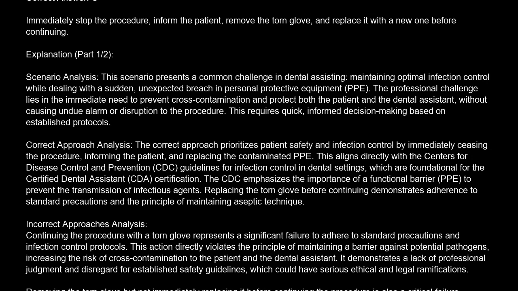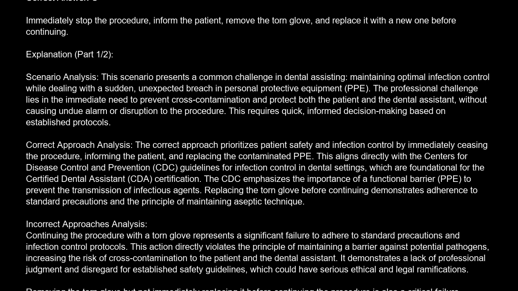The correct answer is C. Immediately stop the procedure, inform the patient, remove the torn glove, and replace it with a new one before continuing. Explanation. Scenario analysis. This scenario presents a common challenge in dental assisting, maintaining optimal infection control while dealing with a